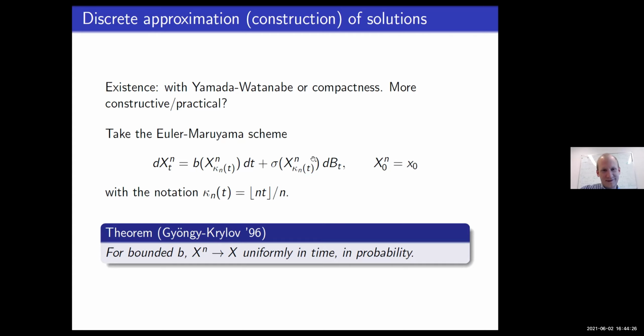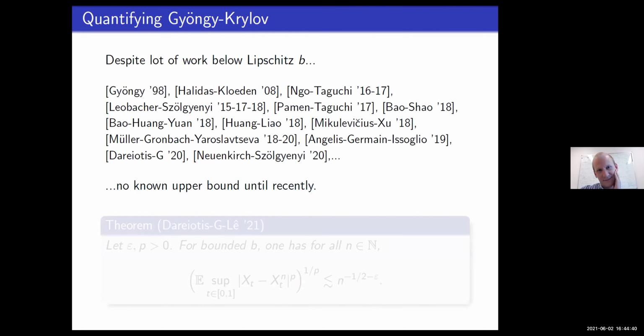So what I want to ask about these approximations is whether one can say a bit more than that, and in particular whether one can quantify this convergence. Nowadays there is of course a lot of activity in studying numerical analysis of stochastic differential equations, and even in this subdomain, in the case of drifts which are not Lipschitz, there is a lot of work. Again, this is just a small sample, so my reference list is always incomplete, so apologies if I miss anything. But despite all of this work, under this very simple setting, with bounded drift and sufficiently nice diffusion, there was not even any known upper bound, as far as I know, for the Euler scheme